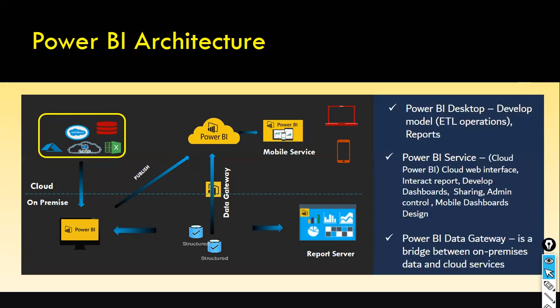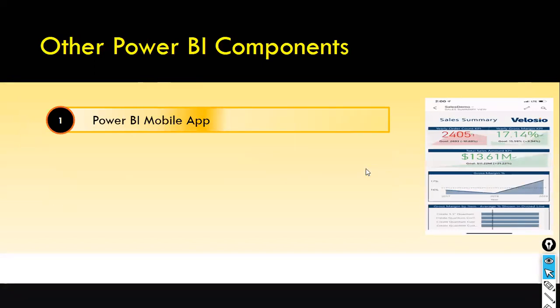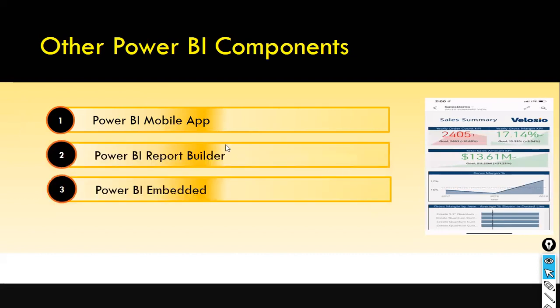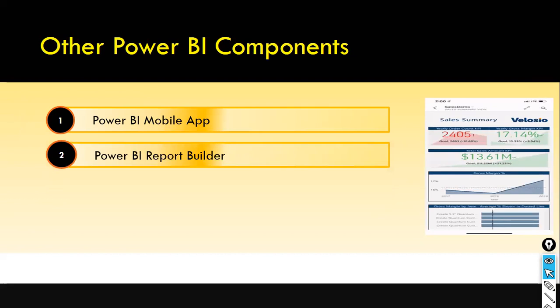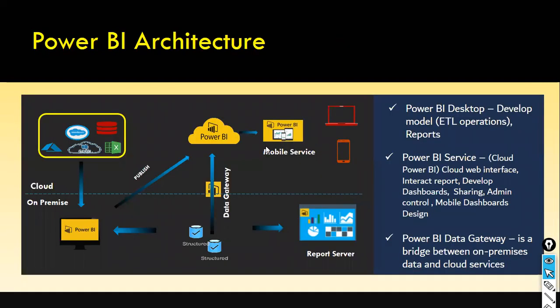Okay, and the next one is the mobile app. Like this one, I already discussed it, and the report builder. So report builder is different from report server, and the report builder is helpful to create the pixel perfect report. What do you mean by pixel perfect report? For example, you want to create delivery challan, invoices, you want that report to be pixel perfect. In that kind of situation, you can go for report builder. But this involves a licensing cost like a report server and Power BI cloud service.